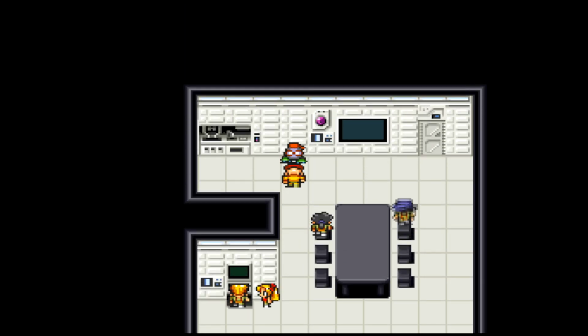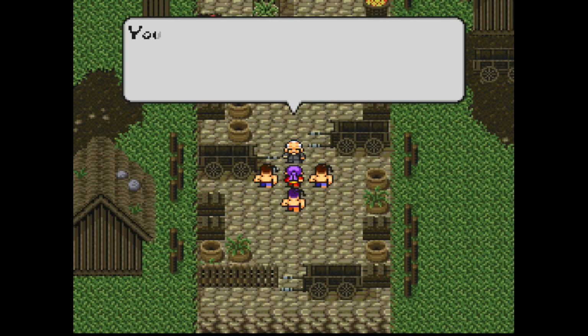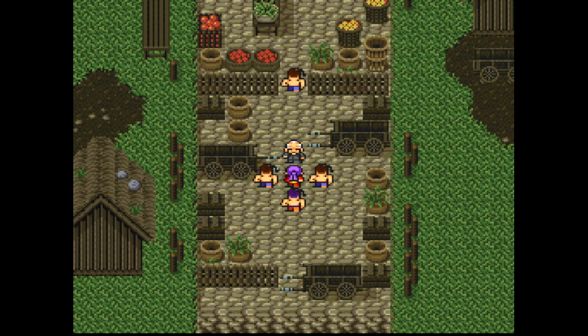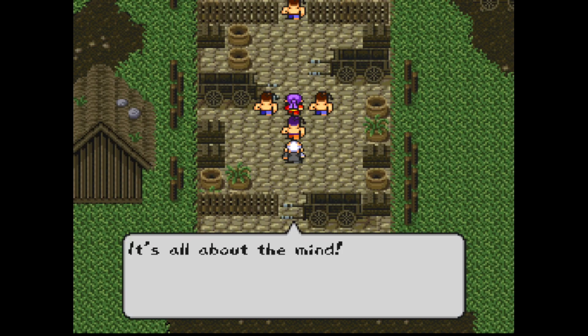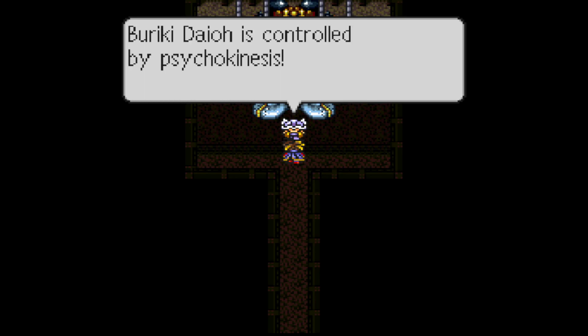Is that a robot? What are you doing? Looks like that robot's having some trouble. Of course, we've got the modern-day protagonist engaging in his workout. You still don't get it, do you? It's all about the mind. This is something that I really like about this fan translation. I thought so. Barikidayo is controlled by psychokinesis. Welcome to...